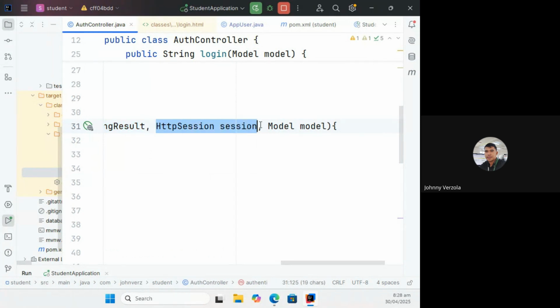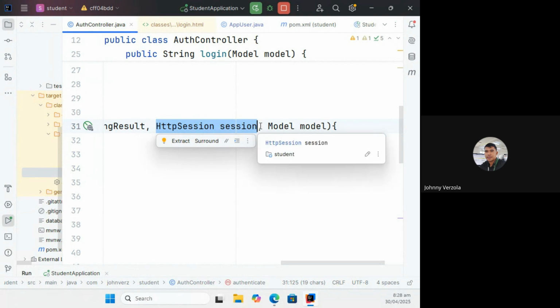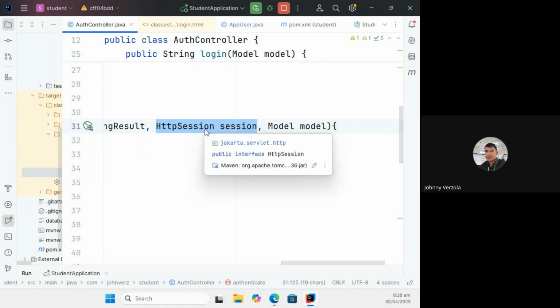We need it in order for us to store in the session. Session is basically a storage. It's an in-memory storage wherein we keep in there the current session of a logged user.